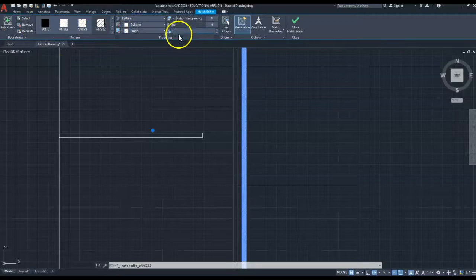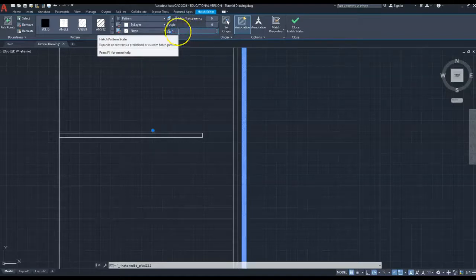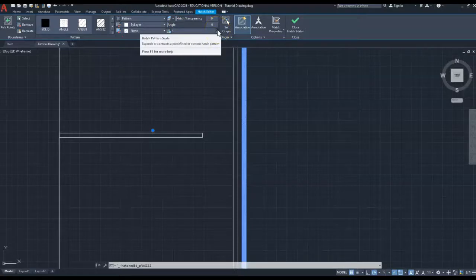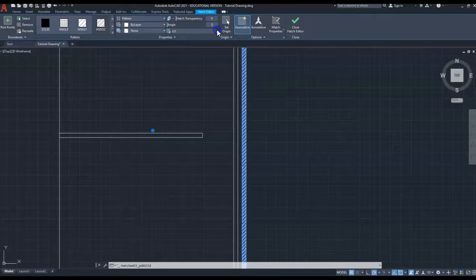Now at the moment we're looking in properties. Now at the moment it's set at 1. What I need to do, I need to increase that, and I'll show you why. So if I start to increase that, and I'm going to hold the button down for a while, you keep an eye on the shaded blue area. So as you can see, that's scrolling up till I get to about 6 or 7,